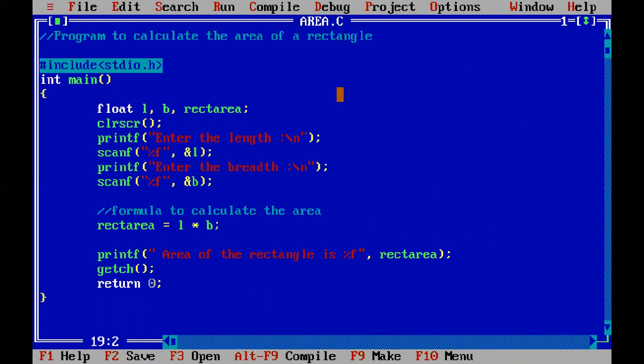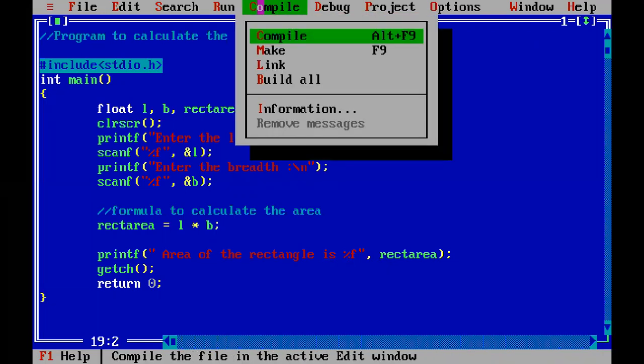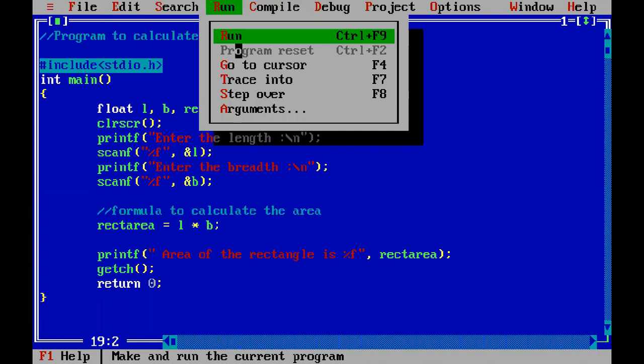Now we will first try to compile. Compile means we will try to check for errors, if any. If there are no errors, then it will do the compilation process, and then we will try to run. So to compile, you have the options here. Okay, this is for compile. So you can directly press it, or you can also go for the shortcut, which is Alt plus F9. And for running the program, you have Control plus F9. You can also choose it from here, or you can directly use the shortcut.